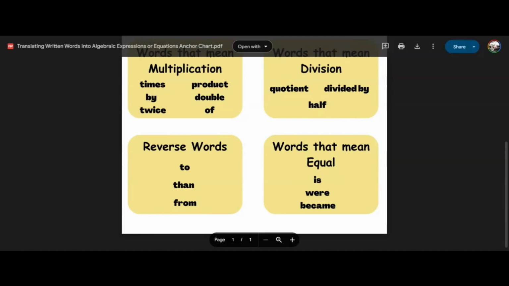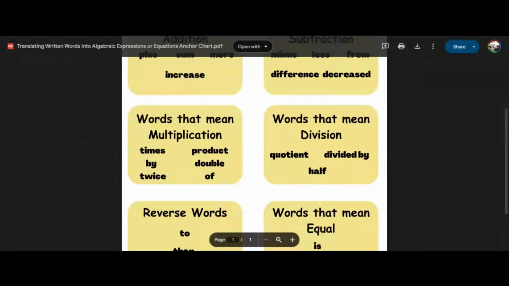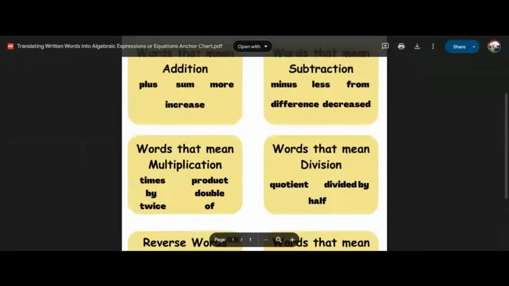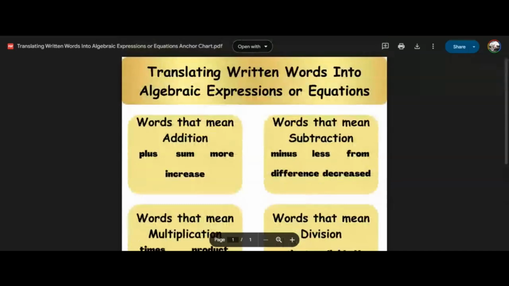I am actually going to print it out real quick myself. If not, at some point you may want to create this chart yourself. Don't do that now, but